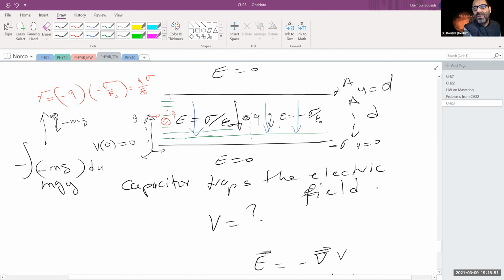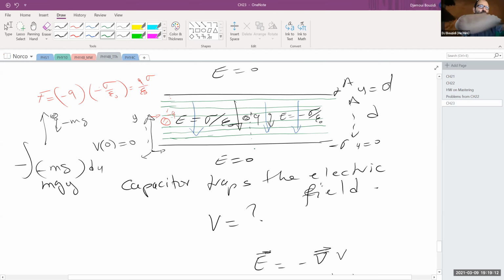There is a difference in potential between the first and the second, but that's another problem, because this height is less than that height. So the potential in here is higher than the first two. The potential in here is higher than the first three, and so on and so forth. So these lines in here that have the same potential are what we call equipotential